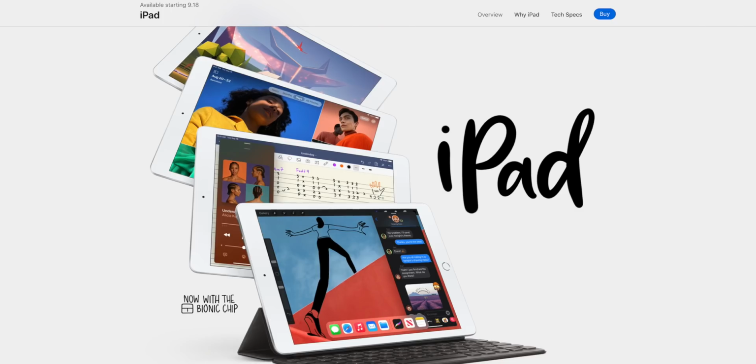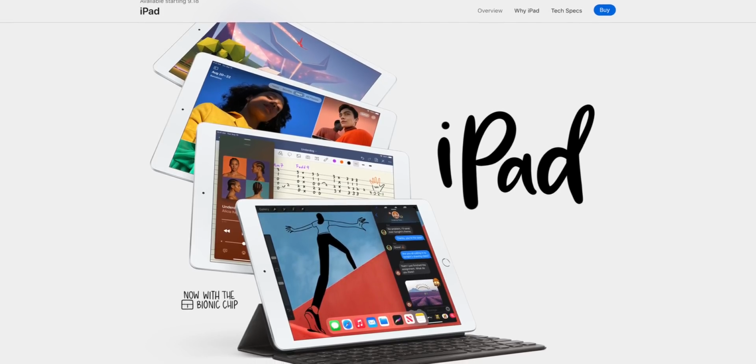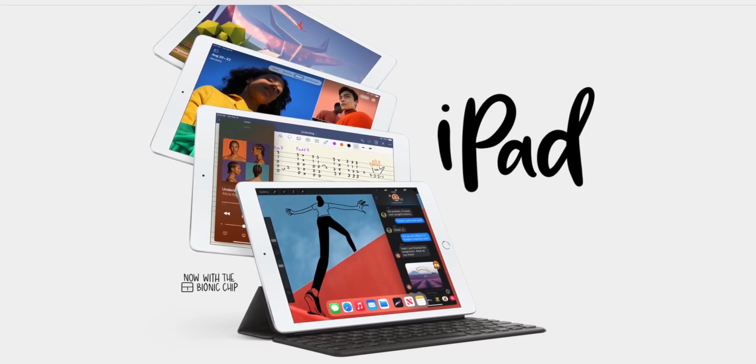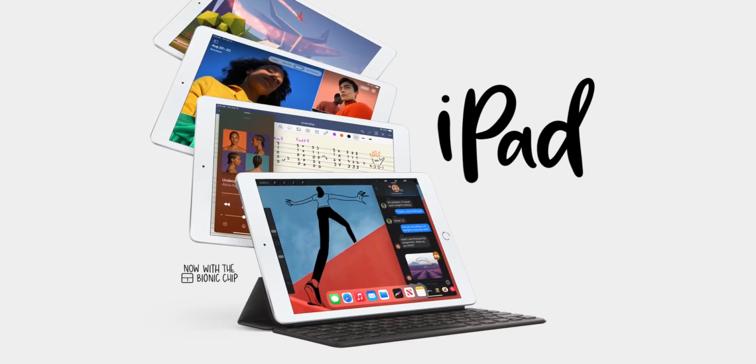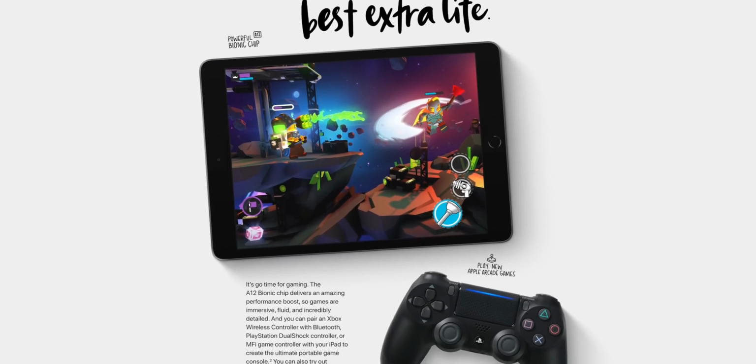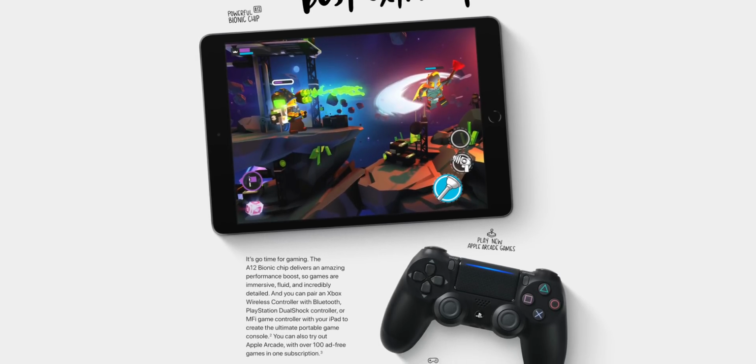First of all, the 7th gen iPad has been refreshed. We now have an 8th gen, which is essentially the same thing. There's been no change to the design at all, except internally, there's now an A12 inside. So we got updated specs basically, which is nice to see. I'm happy that Apple still cares about their entry-level iPad and won't continue to sell it with pretty outdated silicon at this point. The A10 was getting a little bit old, so it's nice to see a refresh in the